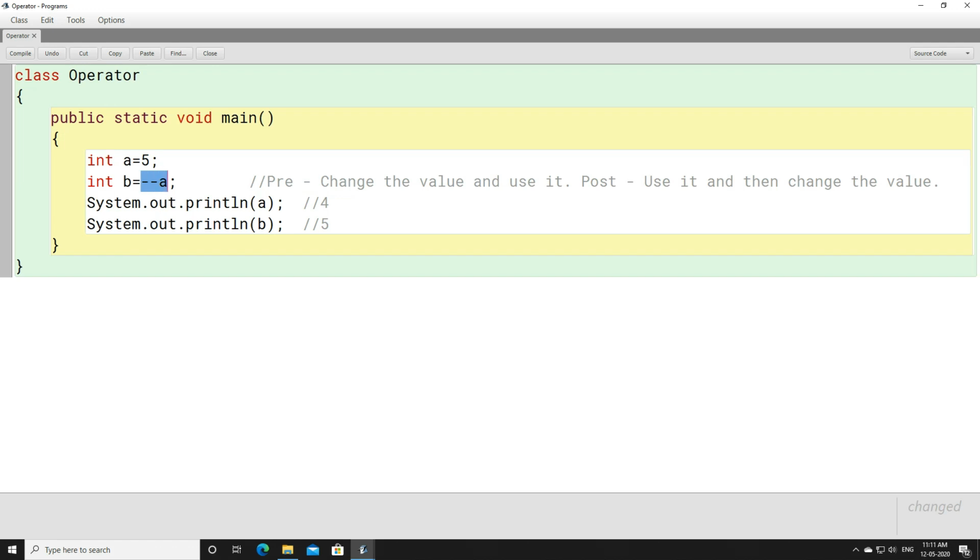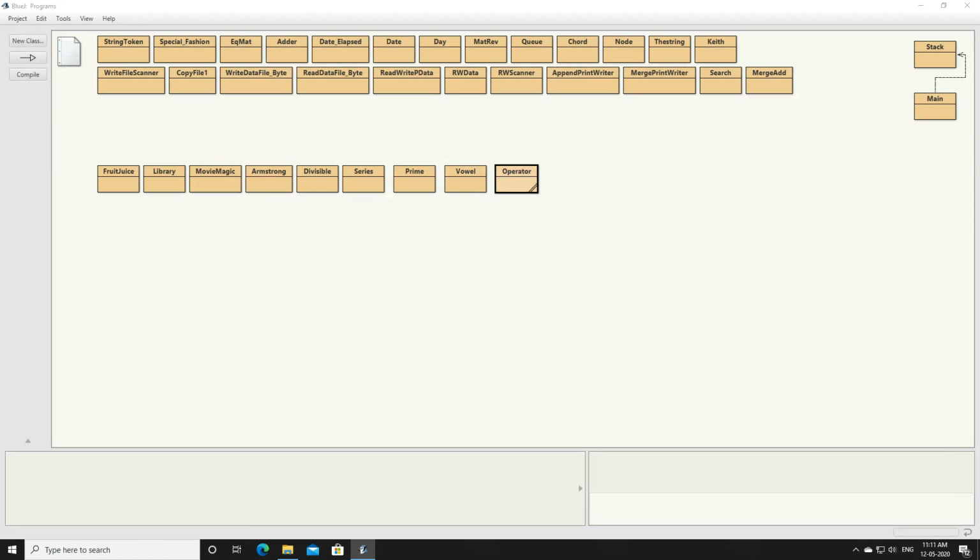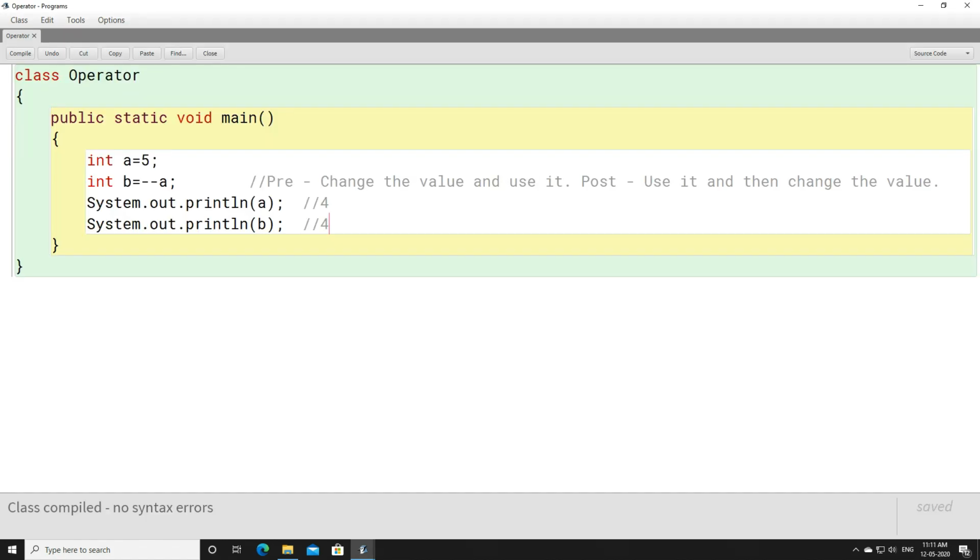From 5 it will become 4. So the value of a will become 4 and then we can store the value to b. What will get stored to b? That is 4. In both the cases we are going to get 4, right? So this is all about pre-increment, post-increment, pre-decrement and post-decrement.